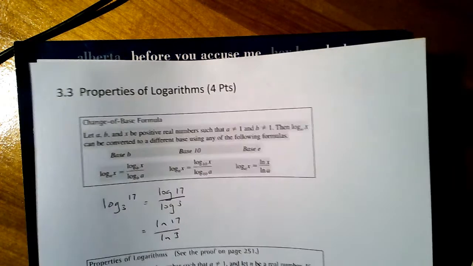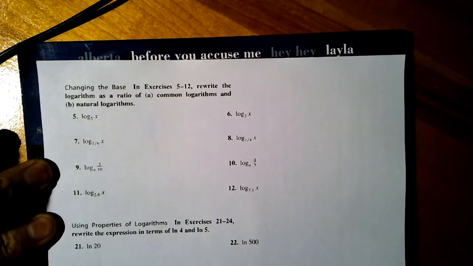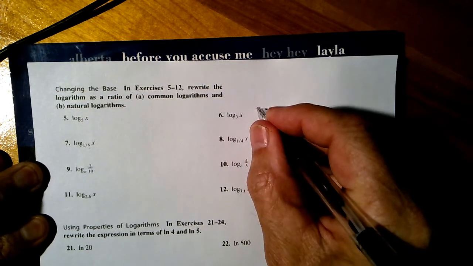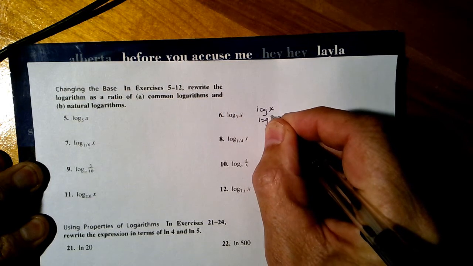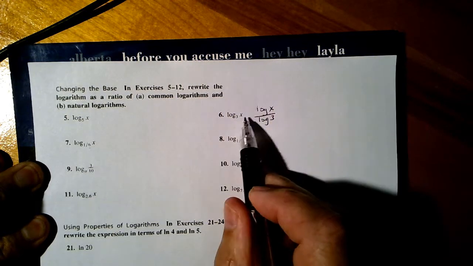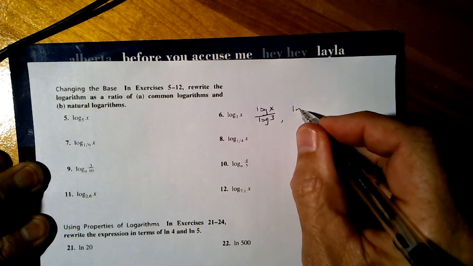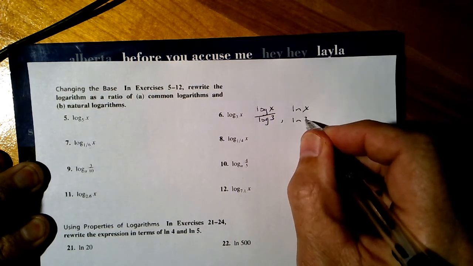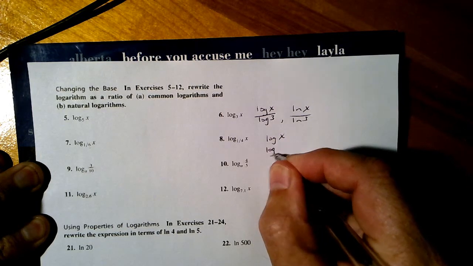And that's what we did right back here in this first set, the change of base formula. So here's how easy this is. This is just log base x on log base 3. Isn't it nice? This one goes on top, the lower one goes on the bottom. And ln x on ln 3. Log base x on log base 1